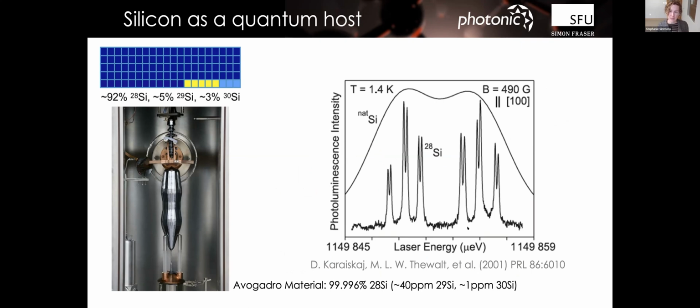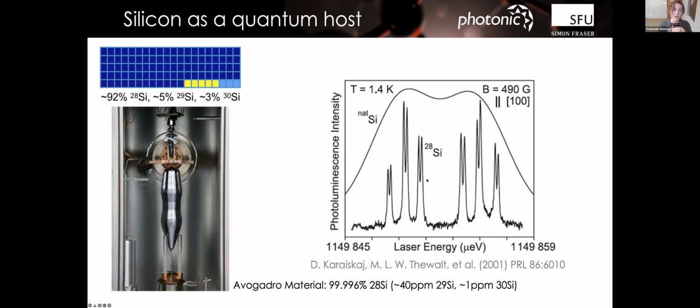So here, some of those spins that were used to set records on that previous graph, this is the optical transition for those. And you can see in natural silicon, it was already known as a ridiculously sharp line, well defined as an ensemble. And you move to silicon-28 and you get it so narrow that you can see zero field spin splittings and the rest. So you can see really, really well-defined transitions.